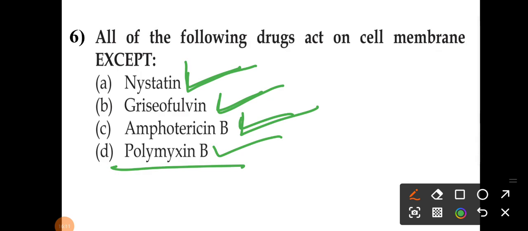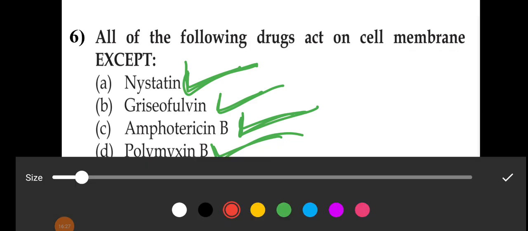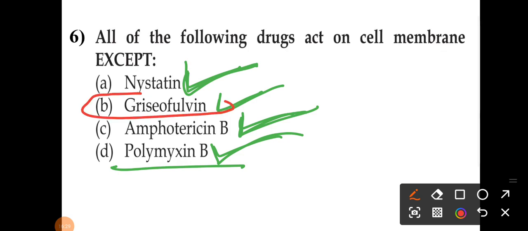So what is the correct answer here? The drugs act on the cell membrane except. So nystatin, obviously it is acting on the cell membrane. Amphotericin B is also cell membrane, and polymyxin B is also acting on your cell membrane. So that's why the correct answer is your griseofulvin. Okay, because griseofulvin is a spiro compound,